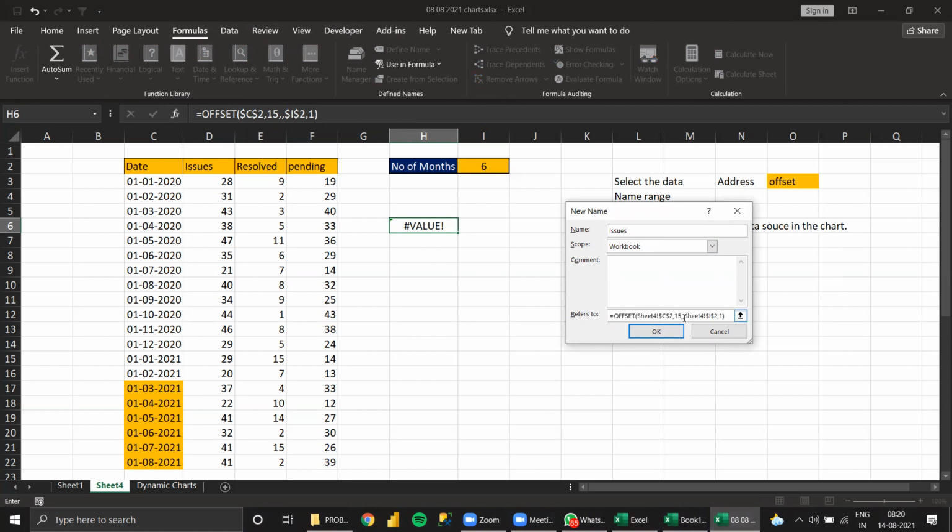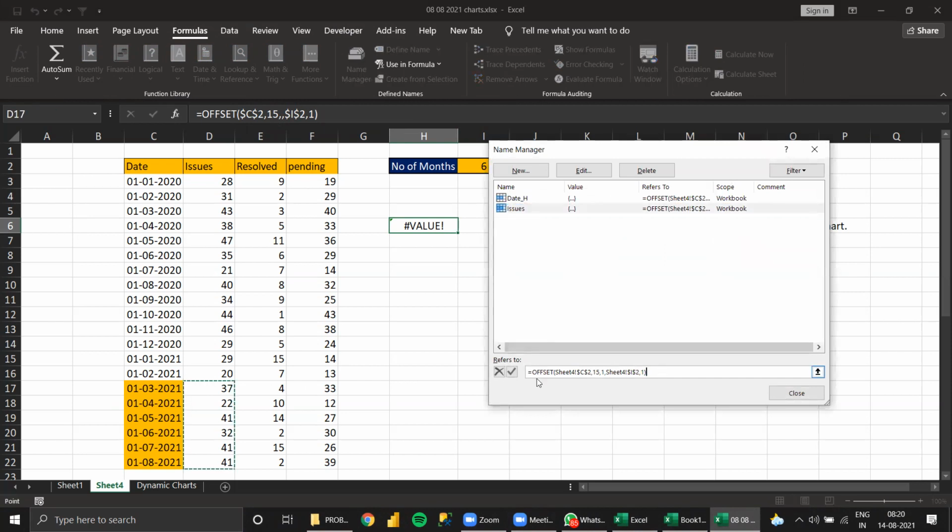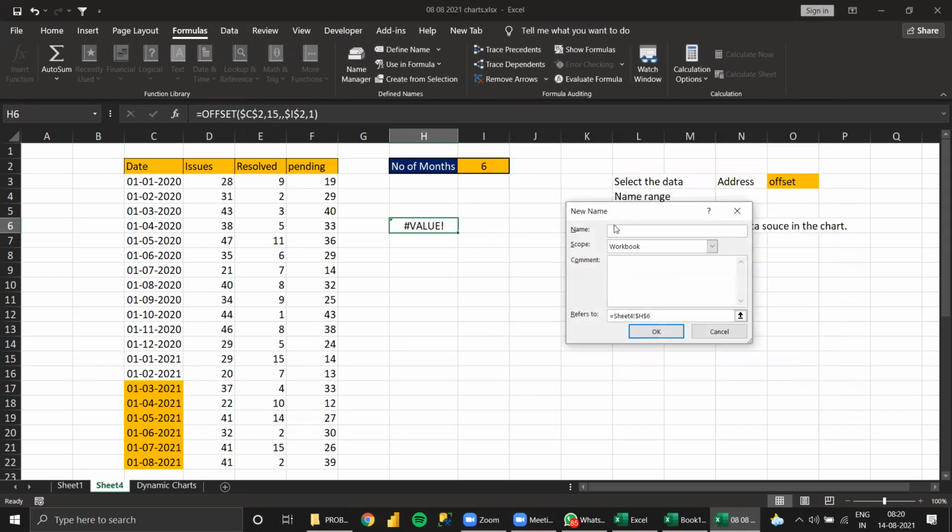So after this column, carefully place the cursor, put 1 here. Ensure that it is within that comma. See here, now selected. Easy. Now again go to New, then again resolve.